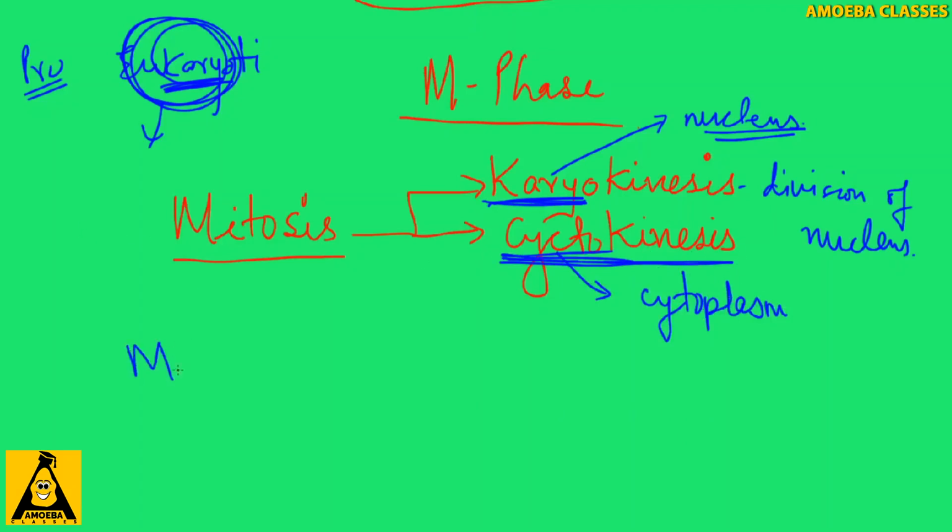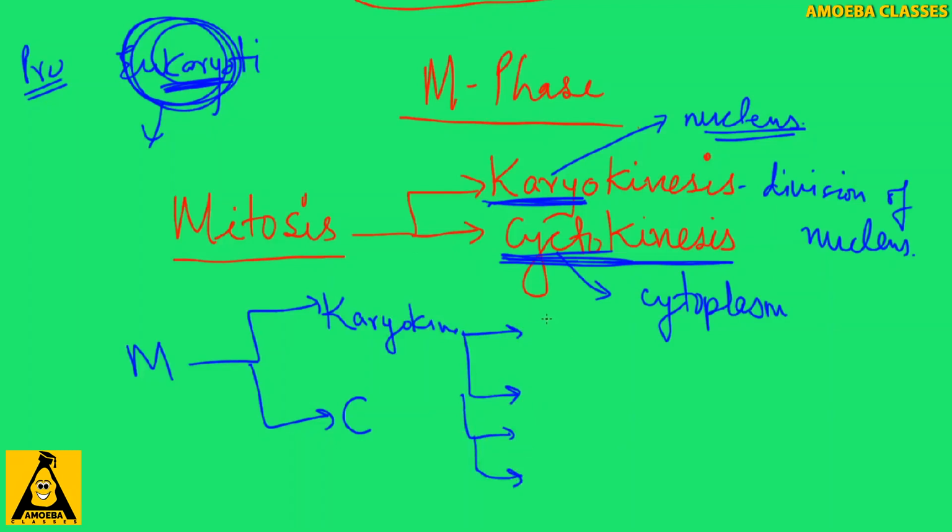That means in this M phase, first what will happen? Karyokinesis, then what will happen? Cytokinesis. Now the very important thing is this karyokinesis is divided into 4 different stages, and those stages are P, M, A, T. So what is the full name? Very first one is the prophase. Then it is metaphase, then anaphase, and then we have